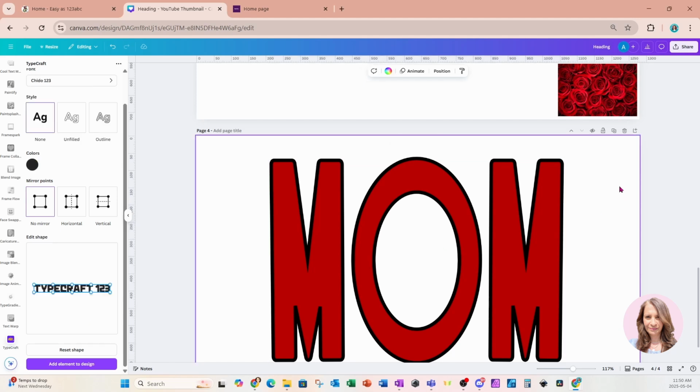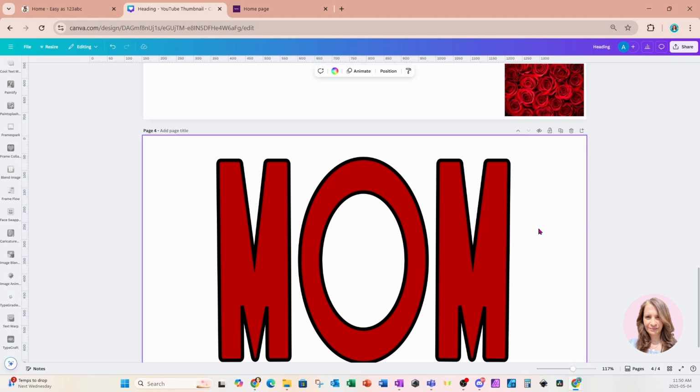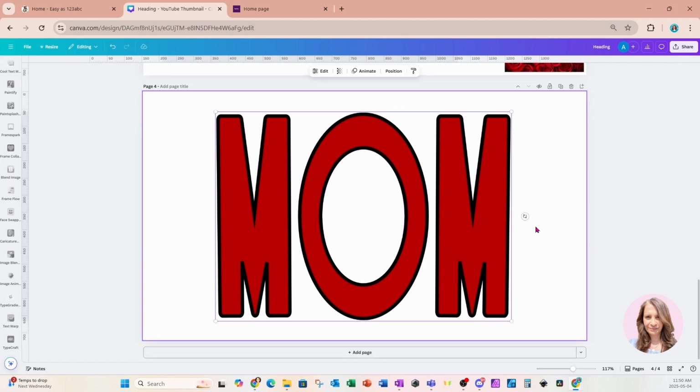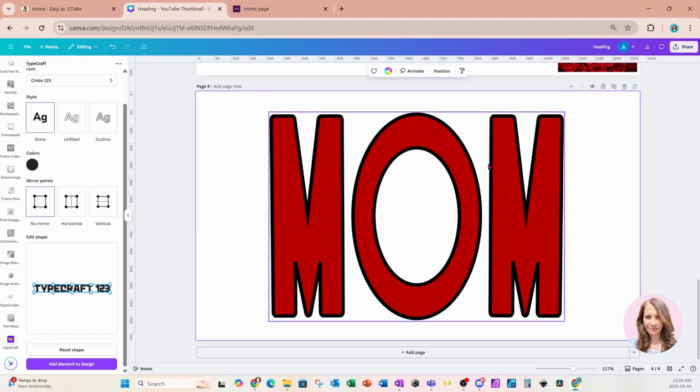Now, one more thing I do want to show you is that we can take this design. If I close this and come back to my workspace, I can't necessarily add a shadow to this text. The only option I have, and again, Typecraft is a way of creating text that is non-destructive. That means that if I go back and I want to edit it, it's going to open up the Typecraft app again, where I can make changes to this actual design. If we wanted to add a shadow to this,